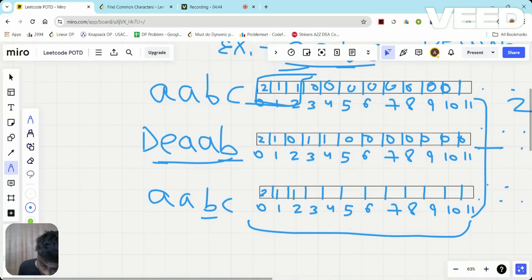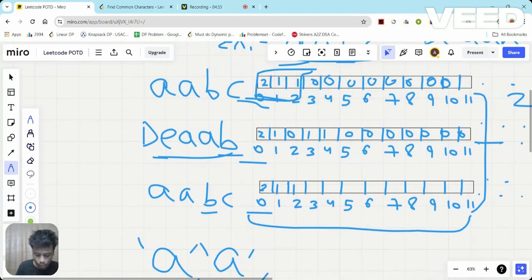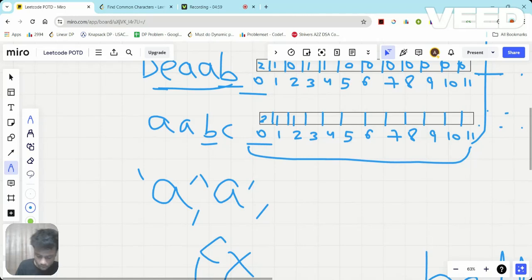As you can see, A comes two times in all the strings, so A would be my answer. Now B comes in all the three strings, so B is my answer as well.